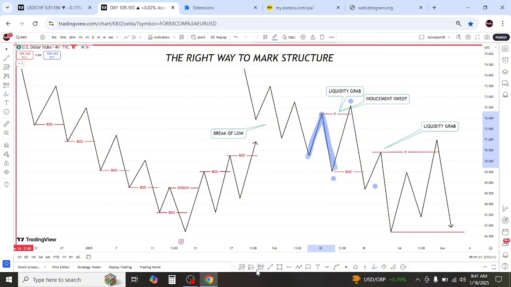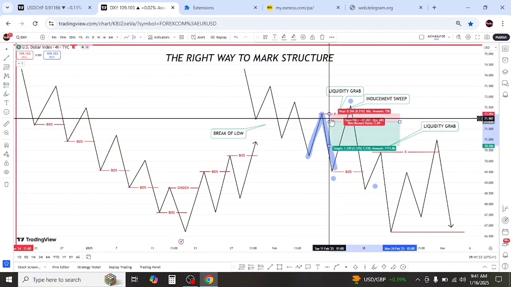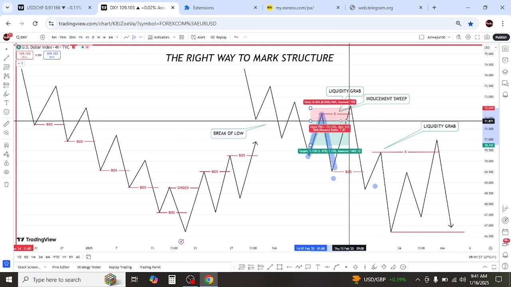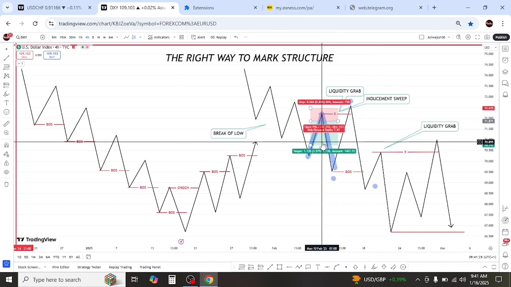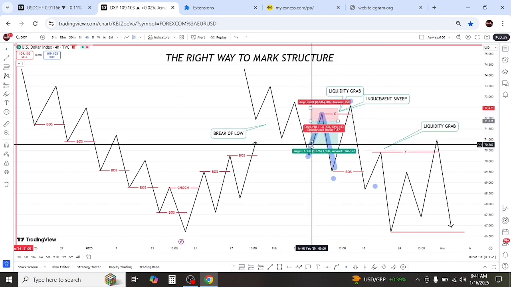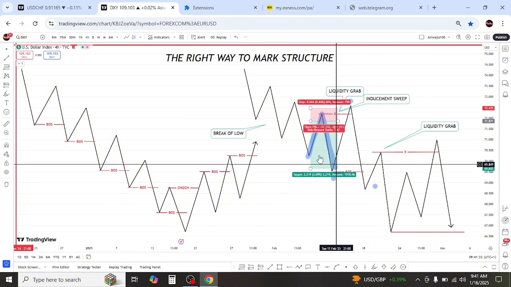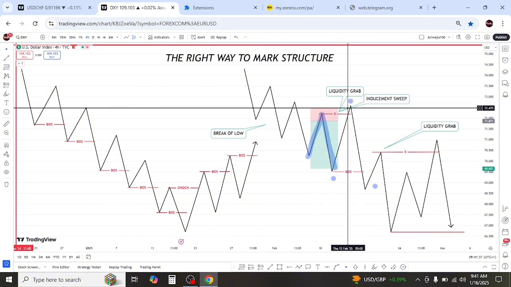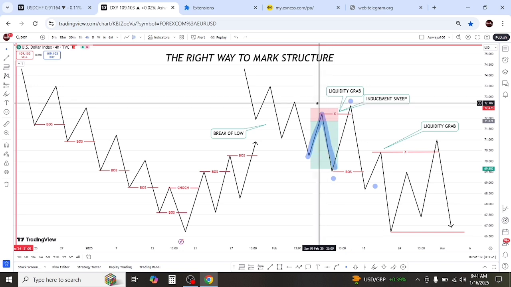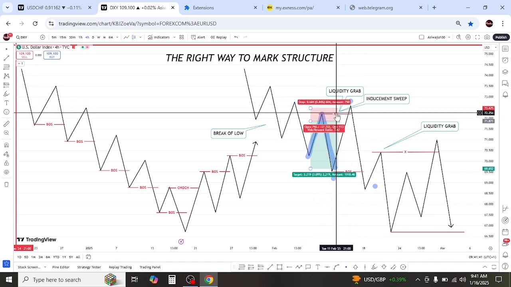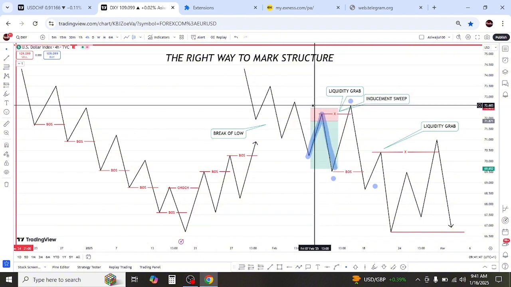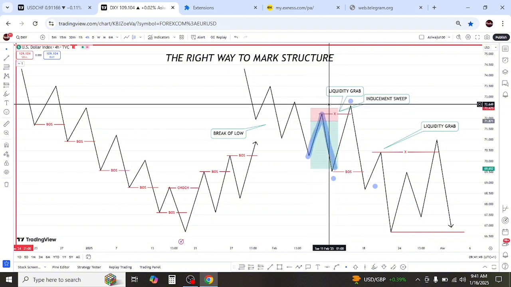All the retail traders' stop loss will be at this high. At a particular point in the market, the institution will reverse price to take out, to grab all the retail traders that are selling from this point. They'll grab all the liquidity sitting here. Remember, liquidity is also the same thing as stop loss. So they will grab all the stop loss